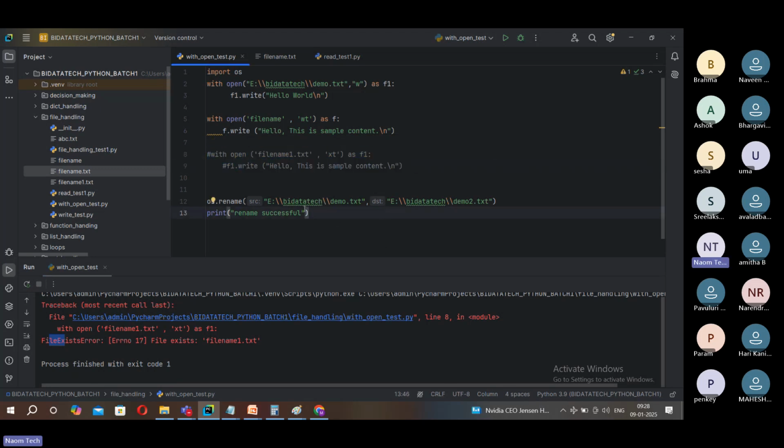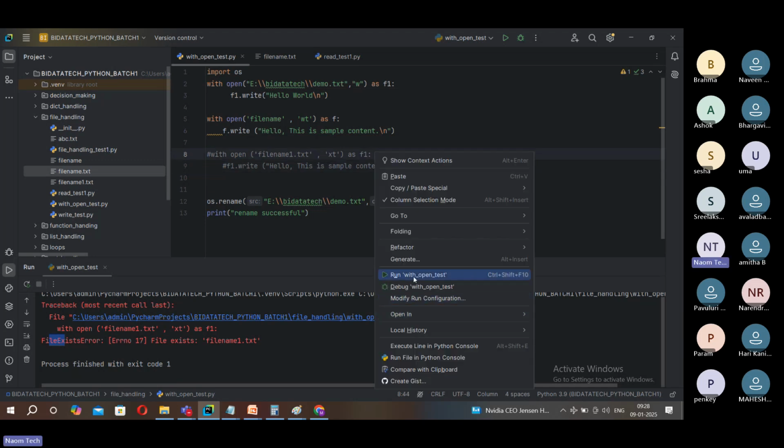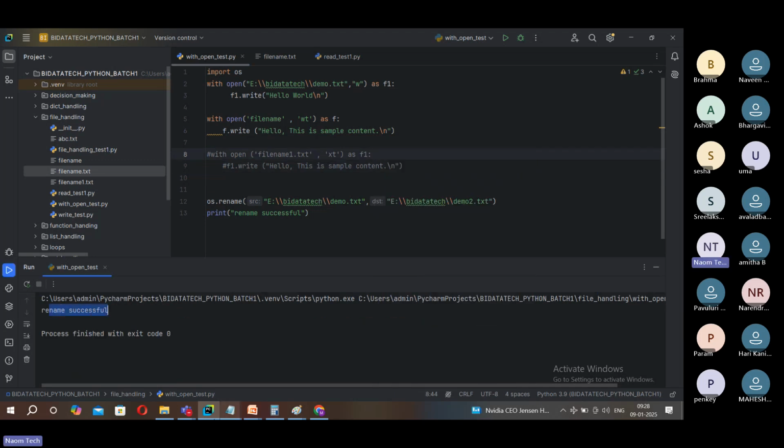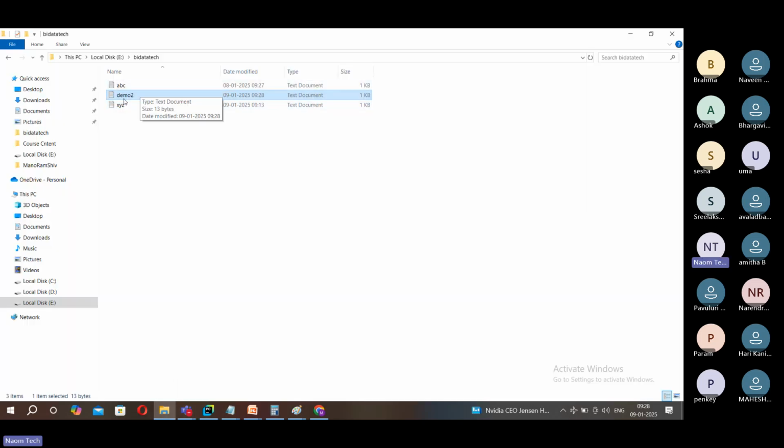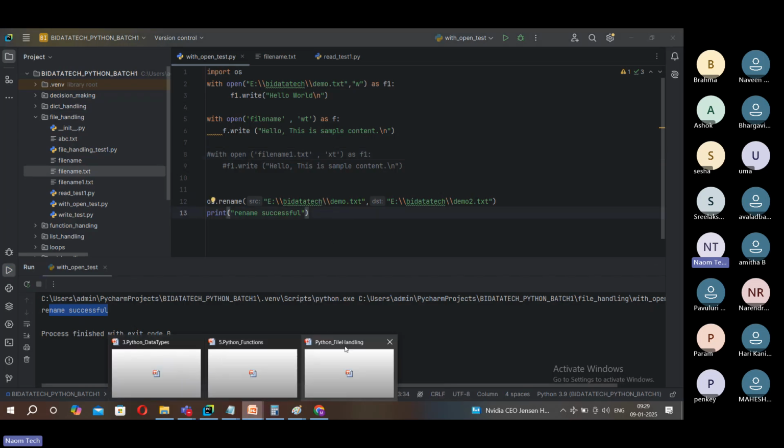Our goal is just checking on renaming now. Finally, this scenario we will again reframe. Right click, run this now. You can see here, rename successfully. Go to the file here, demo2. You can see it got renamed. Right, demo got changed to demo2. So this is fine, friends. Next after that is